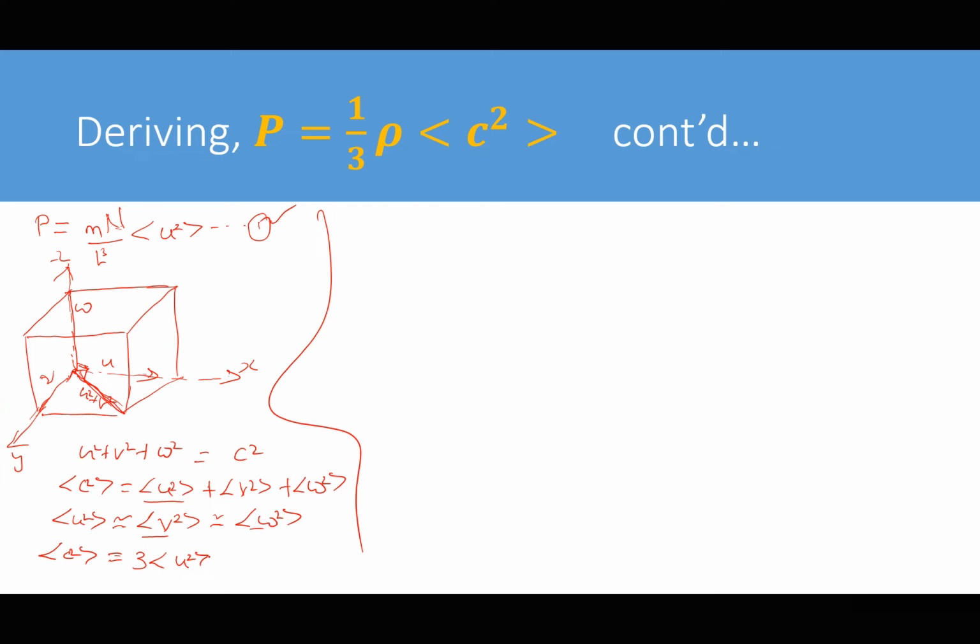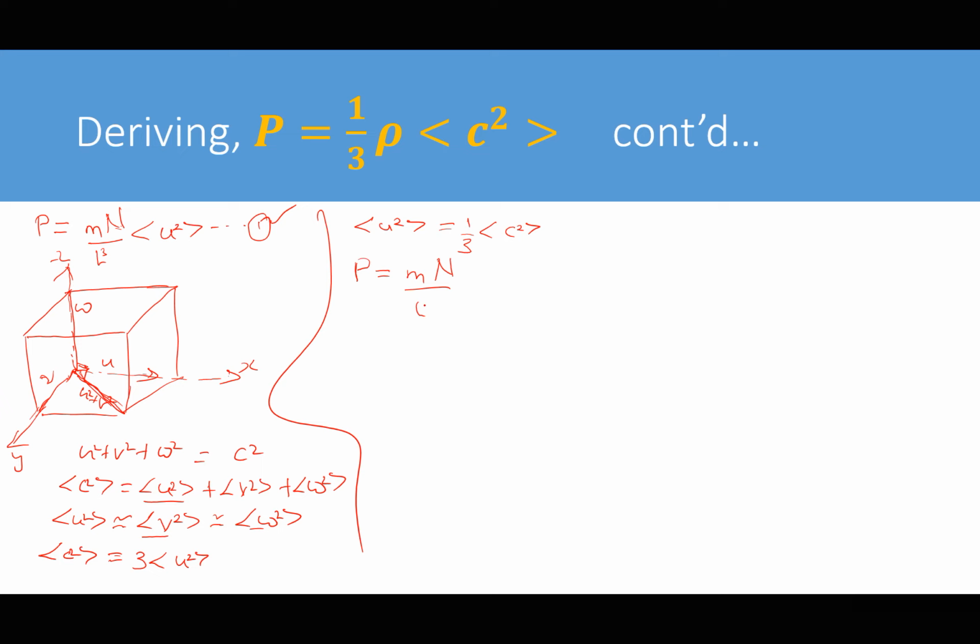So we go back to our first equation. We can now see that the mean square speed in the x direction is equal to 1 over 3 the mean square speed in all directions. When I go back and substitute in equation number 1, you notice that pressure will therefore be equal to